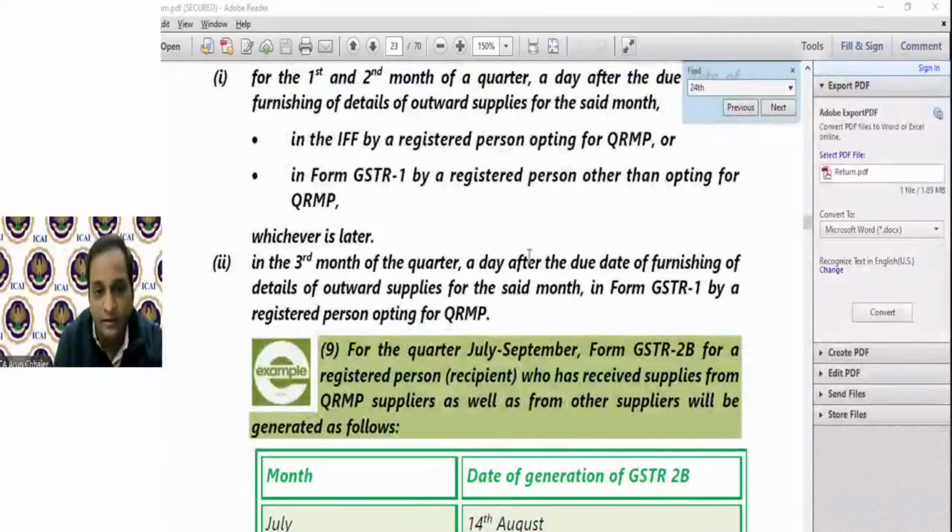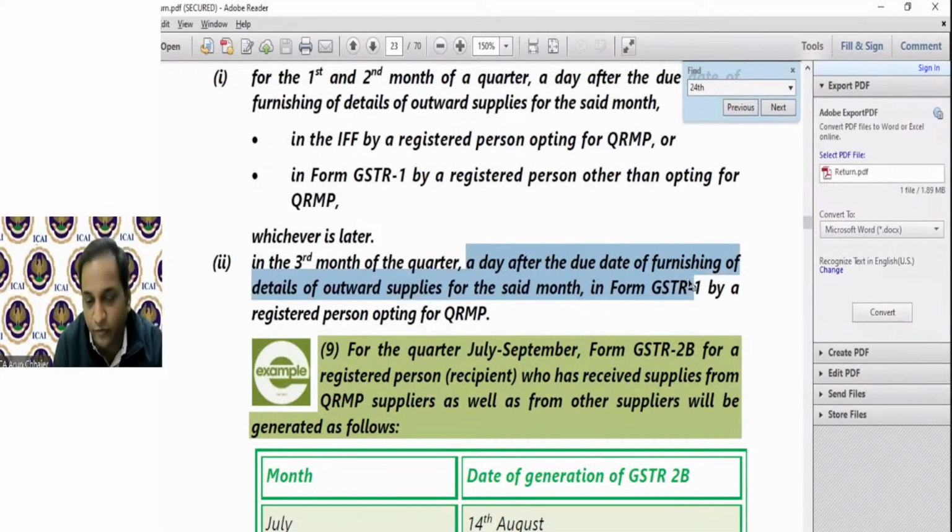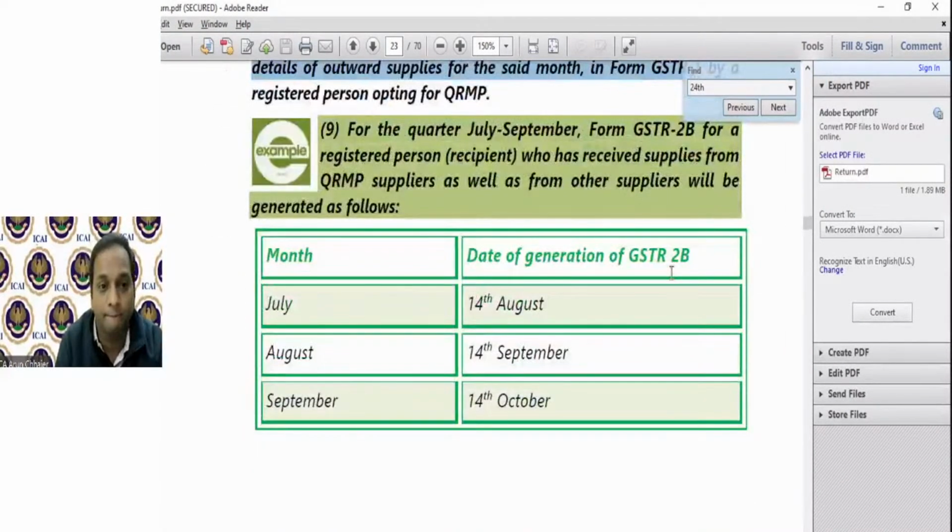In the third month of the quarter, a day after the due date of furnishing the details of outward supply in GSTR 1, that is 13th, इसका मतलब क्या, 13th की मिडनाइट के बाद होगा। जुलाई का कब जनरेट होगा, 14th अगस्त को, मतलब 13th की मिडनाइट के बाद। अगस्त का 14 सितंबर, सितंबर का 14 अक्टूबर।